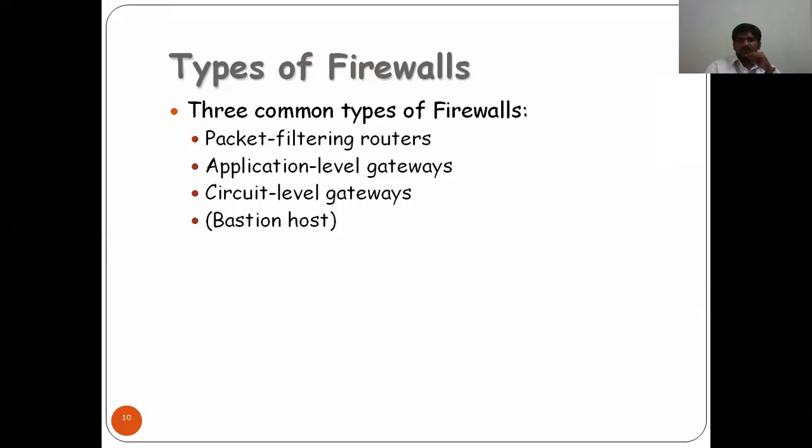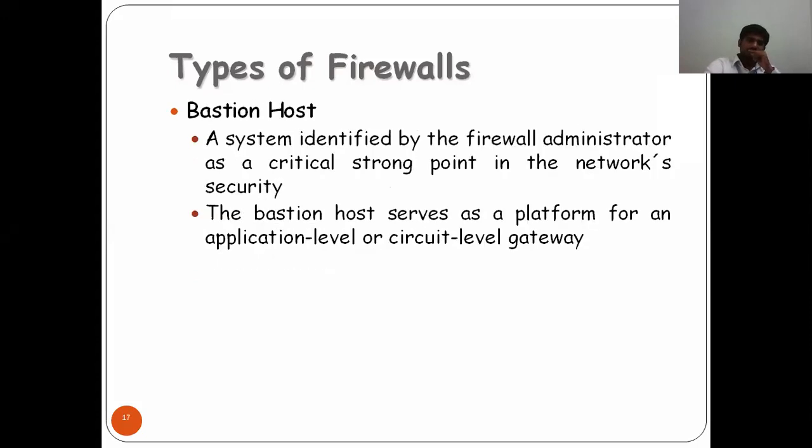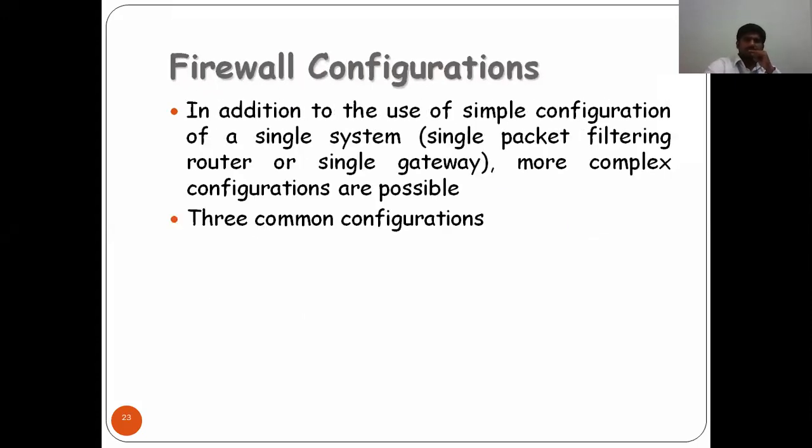protect. We know what the application layer is and where we are going to be creating data. In the circuit level, the low level, how are we going to maintain it? These are the main three types of firewalls we saw. Today we are going to see how we do the configuration.